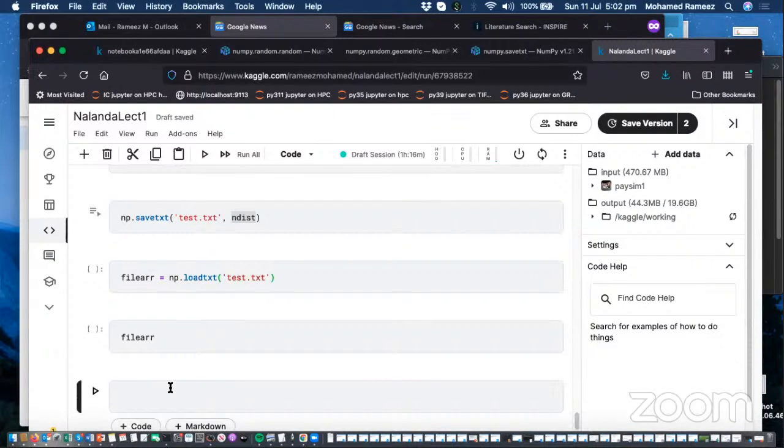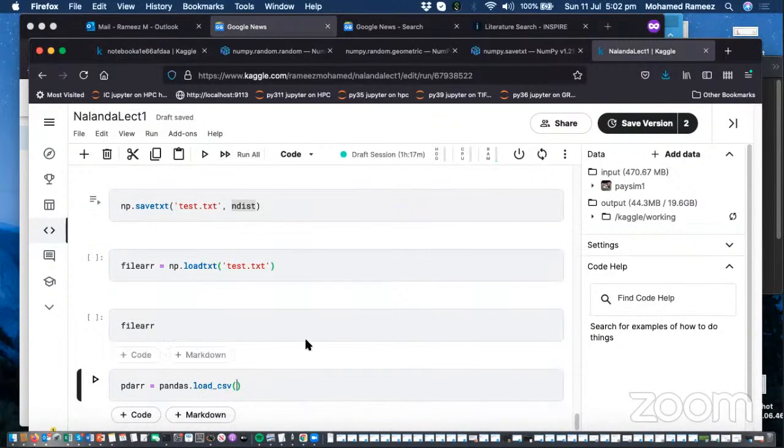So ptr equals pandas.load_csv. Pandas is like a more advanced version of NumPy. It is dependent on NumPy for many of its functions, but